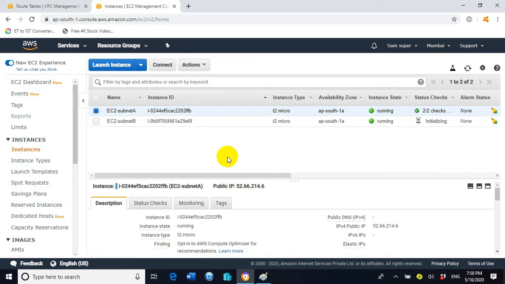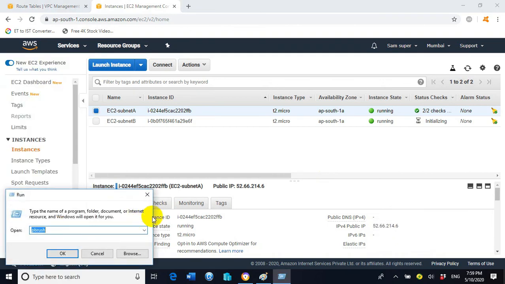Now let us take the RDP connection for the EC2 instance in subnet A. You can see here we got a public IP, 52.66.214.6. Just copy this public IP address, because with the help of the public IP address we can get remote access to the EC2 instance on our local computer. So go to run on our local computer and type mstsc, click on OK.